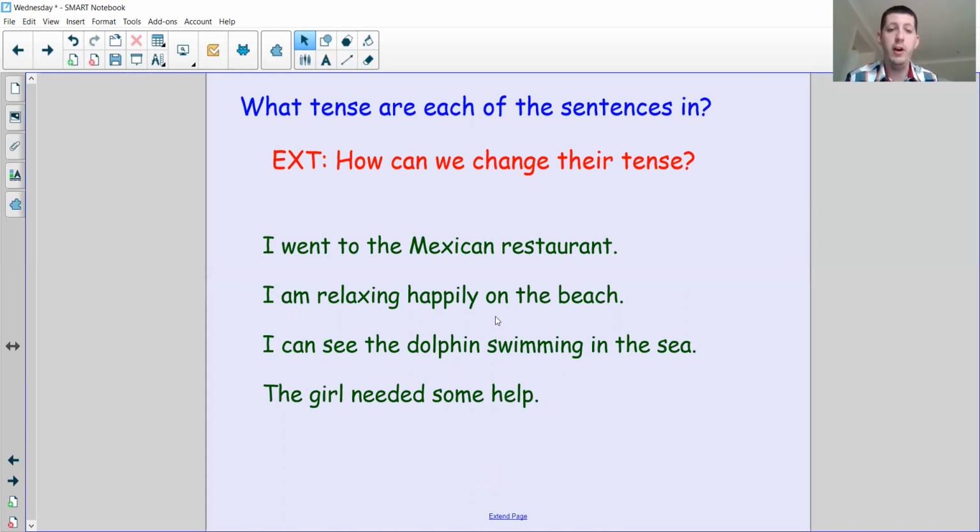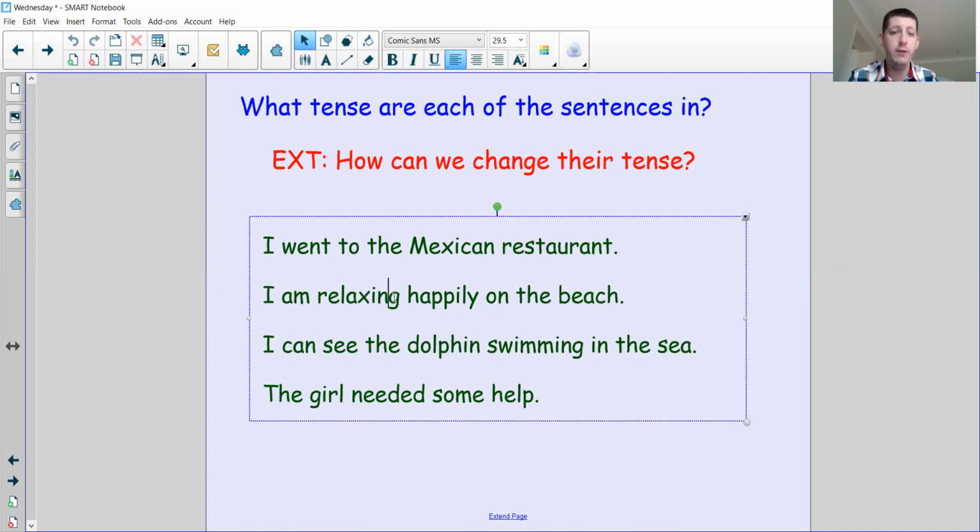The second one says, I am relaxing happily on the beach. Is that in the past or is that happening now? It's happening now. I am relaxing happily on the beach. It's a present tense sentence. So how can I change am relaxing, that part of the sentence, to the past tense? Well, I have two choices. I can either change the am to was to make it I was relaxing happily on the beach, or I can get rid of these two words and just change it for one verb,